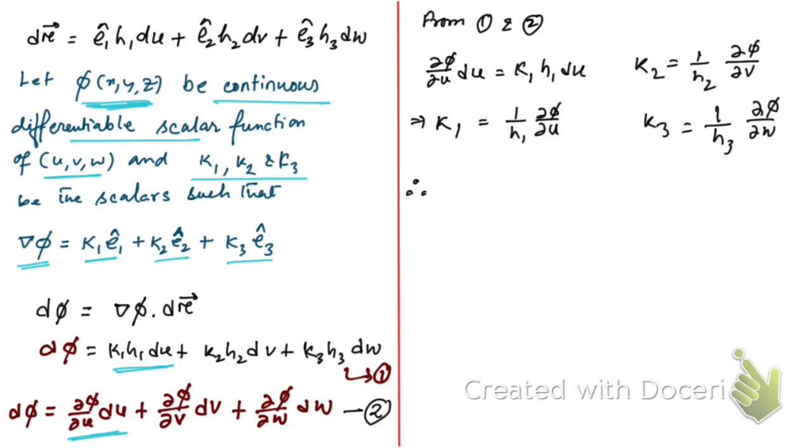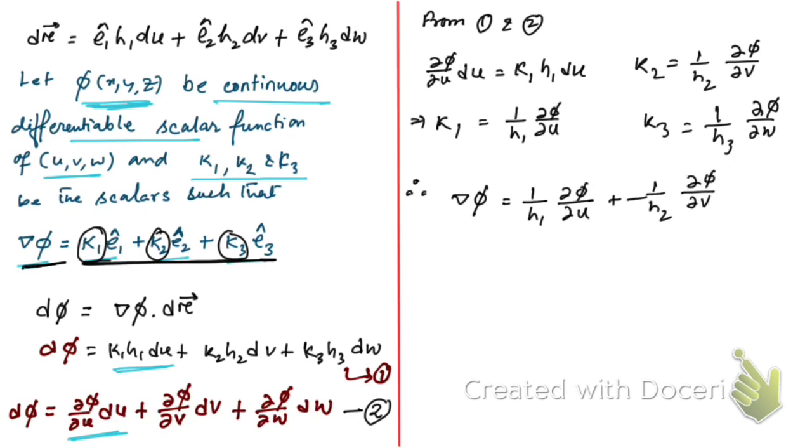Therefore, as we have taken grad phi is equal to this, now let us replace k1, k2, k3 by these three results. Okay, therefore what we're going to have, grad phi, is going to be equal to 1 by h1 del u of phi plus 1 by h2 del v of phi plus, and this term here you see, that is what we're going to have, right? So this can be written this way, grad phi is equal to